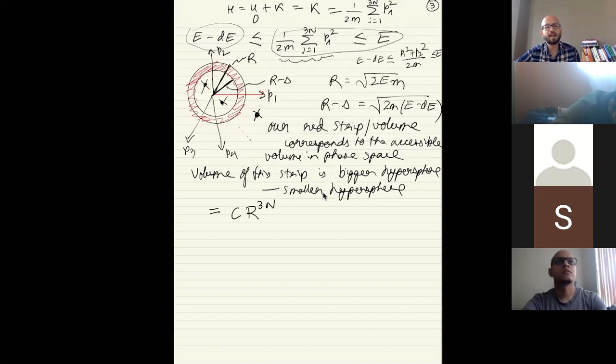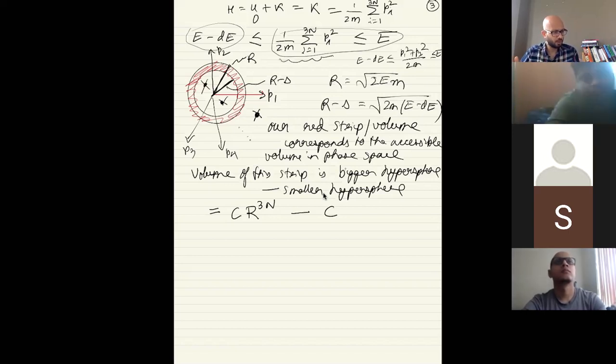This is where I'm hand waving the math. If you're really fastidious about math, you'll be like, how do you know that? You can see this is true in lower dimensions. For one particle, the volume would be r cubed, right? If you have two particles, the volume will be r to the power 6. So I'm using sort of a hand waving argument here, but I don't think it's too hard to prove. And the constant, I don't really care about. For one particle, the constant would have been 4 pi by 3. For two particles, it's going to be something else, minus the constant multiplied by